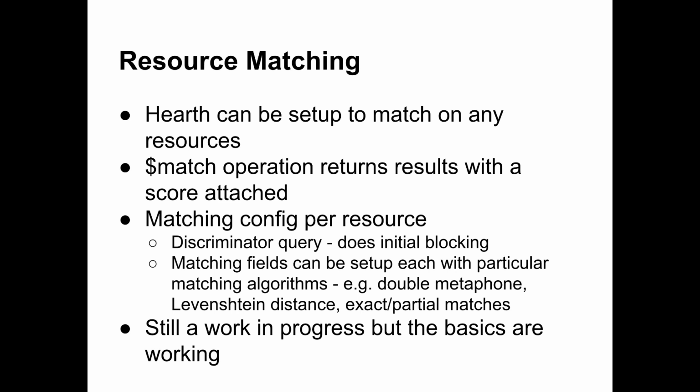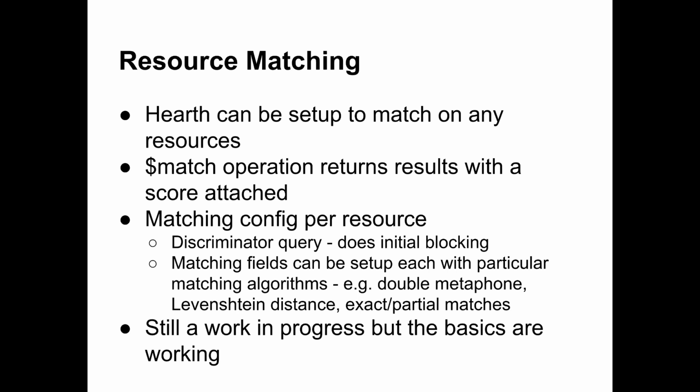There's a $match operation within FHIR that basically allows you to query for results from a particular resource. So, for example, query all practitioners that have first name John, second name Smith, with a particular date of birth would be a type of matching operation. And what you would get back is a list of resources that were close to what you specified, with a score attached to tell you how close they were. And how we achieve that is